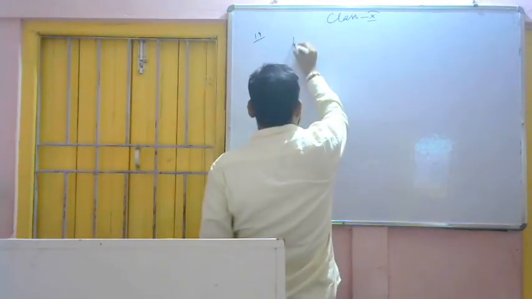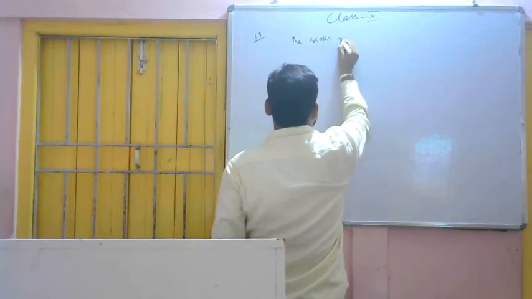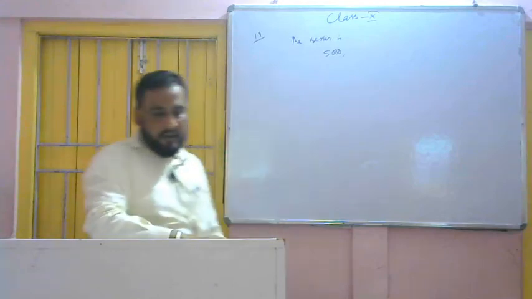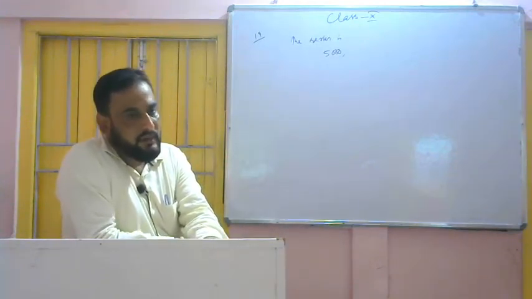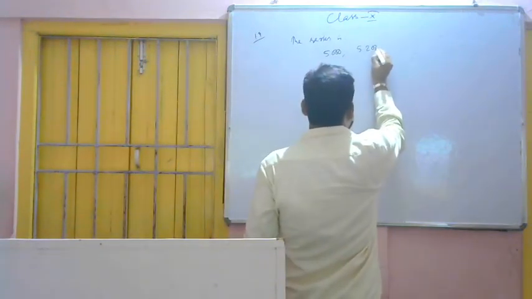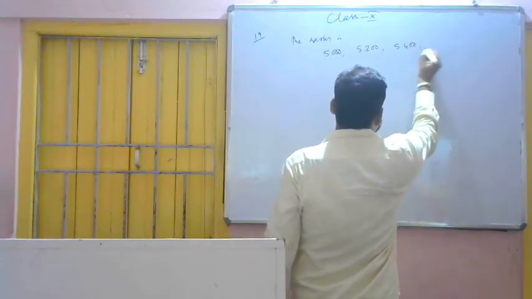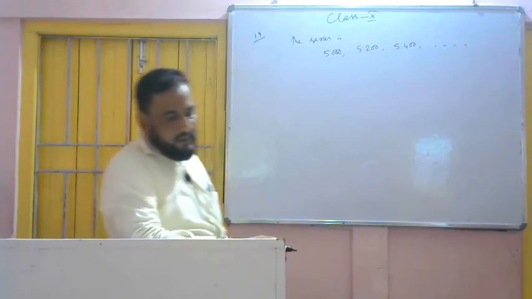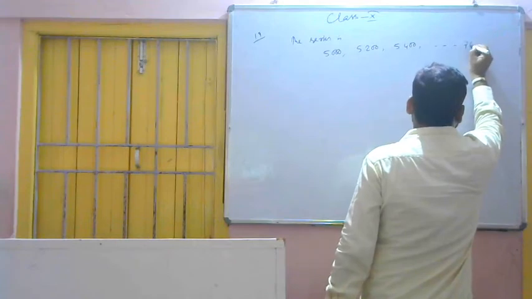So the series is, for the first year 5,000, and every year she got 200 as increment. So 5,000, then 5,200 for the second year, like this 5,400 for the third year, and she continues her service,